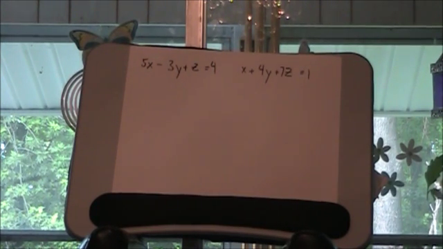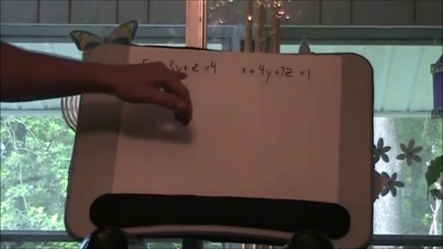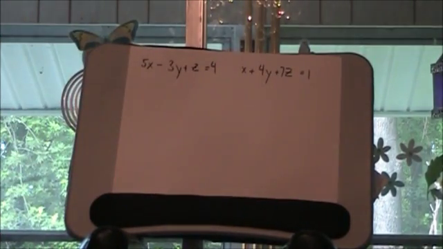So first thing, we're looking at the equation of a plane, and we have to remember where to get the normal vector from. It comes right out of the equation of the plane. You just take the leading coefficients of the x, y, and z variables. And it makes sense that you wouldn't have to use the 4 or the 1 in finding the normal vector